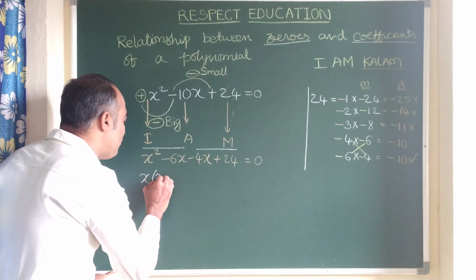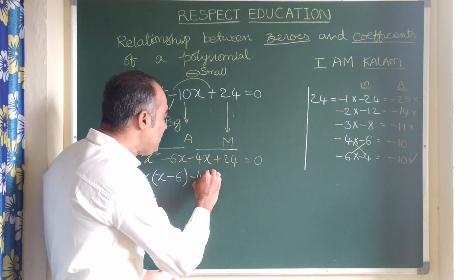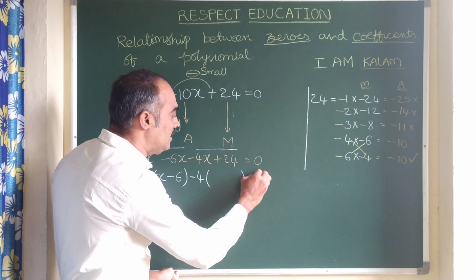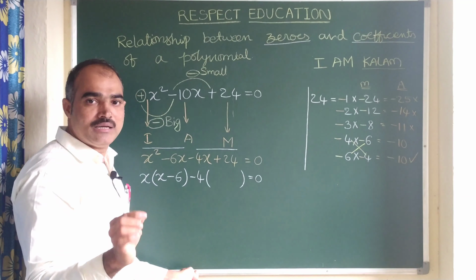Minus 6 into x. I have taken x common. So 6 is left. In these two, here you see, minus 4 into x is minus 4x, and 24 is 4 into 6. So I am taking 4 common. Here you need to understand very carefully, children. Some children might have committed a mistake here. Here I am taking minus common. In minus 4x, if I take minus 4 common, x is left. Here 4 6 are 24, 6 is left.